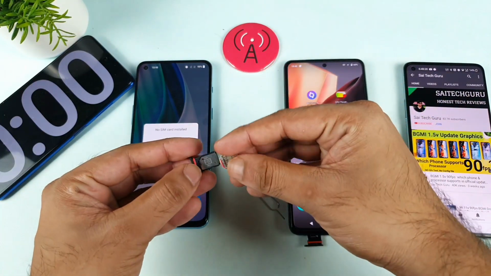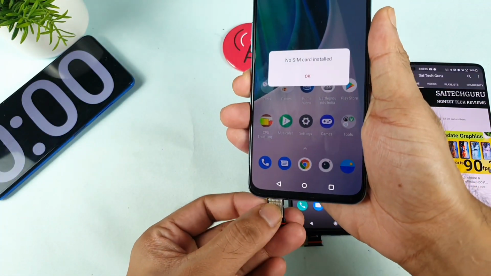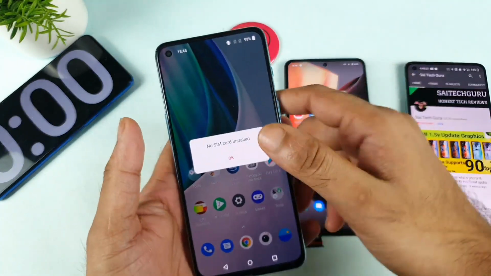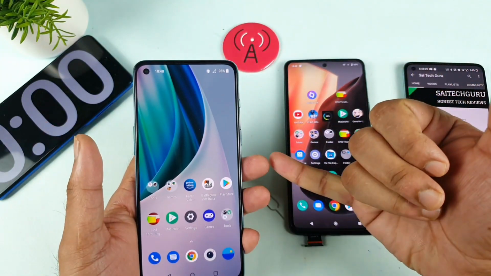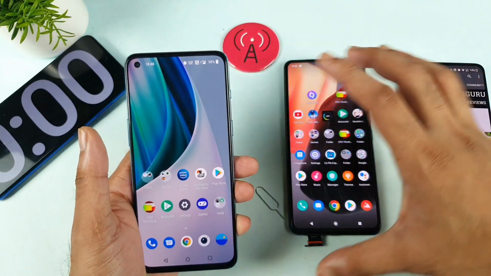And this is an Airtel SIM card which I'm trying to use during this process of demonstration. So first, let's start with the OnePlus Nord 2 device. During this process, I'll try to do the download test and then I'll try to do the speed test as well. So with two results, we'll get to know which phone is the best as well.